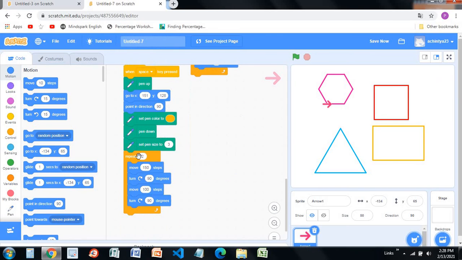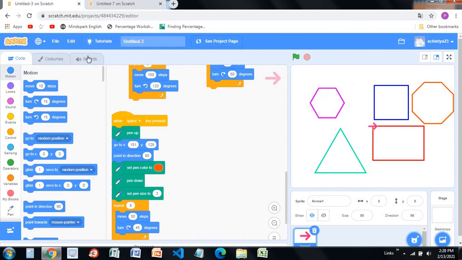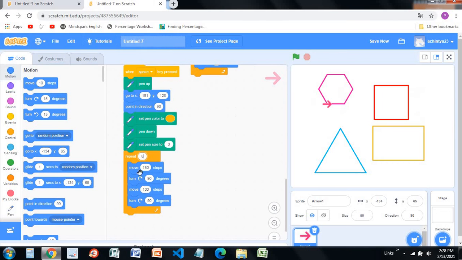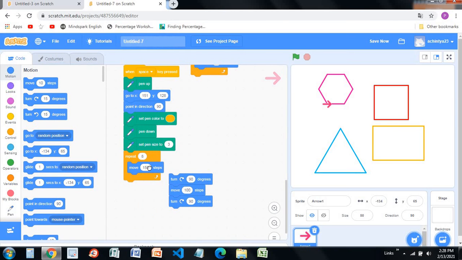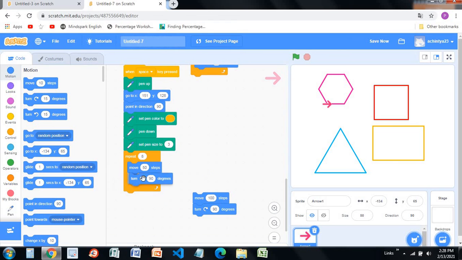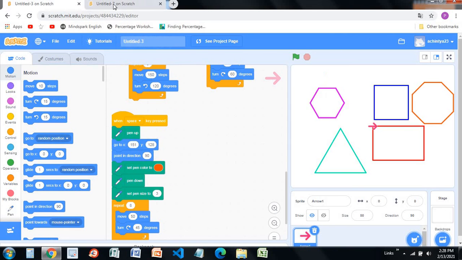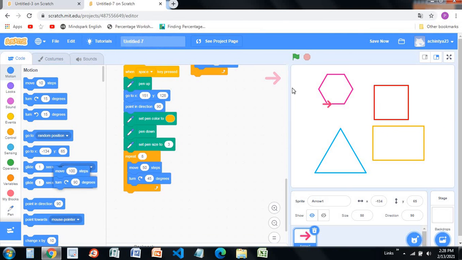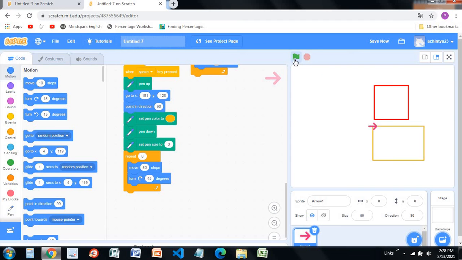Then repeat 8 times. First type, repeat 8 times, move 50 steps, turn clockwise 45 degrees. Move 50 steps, turn clockwise 45 degrees. Yeah, and the rest I'm going to delete here and done.